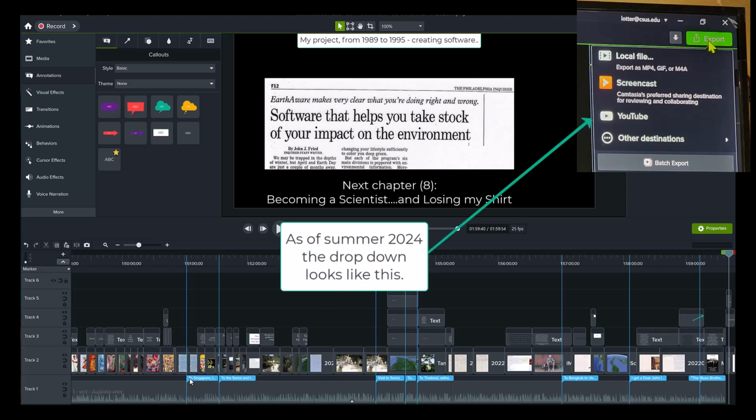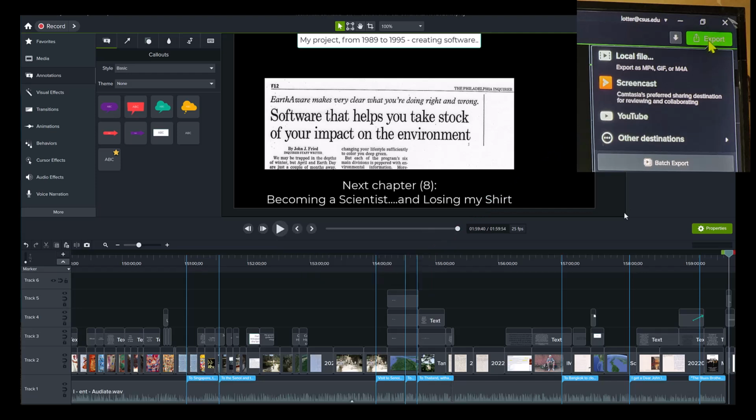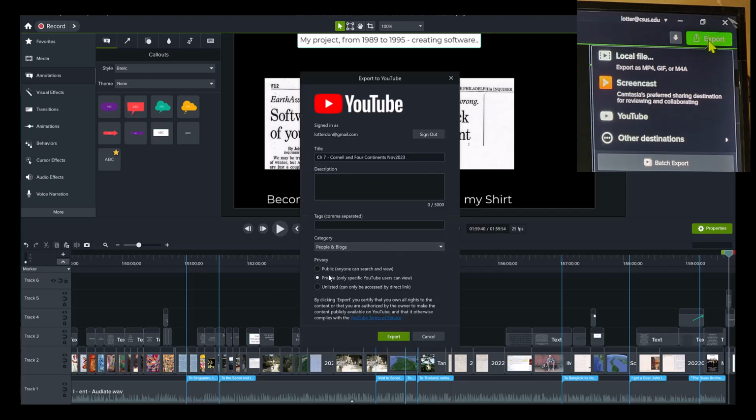And then you're going to go up here and hit export, and then you have this choice of YouTube. Now these are all the subchapter links, and you want those to show up on YouTube. And I had to redo this one because I had, I think, over 100, and YouTube did not like that and didn't put them in. But now let's see. Okay, so you go to YouTube, and then you name your file, and it's going to default to private. It's pretty simple, this part.